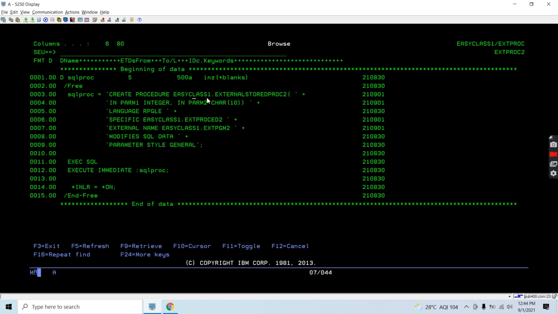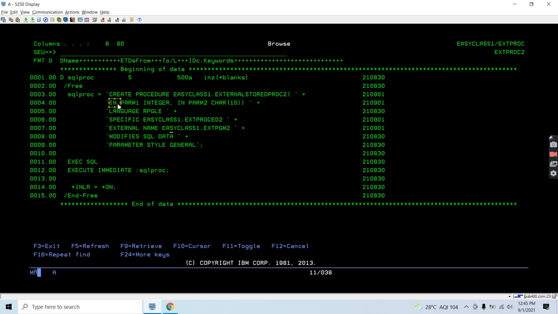Create procedure, this library dot, this is the long name of the stored procedure, and we have some input parameters. Start with the brackets and then the parameters. In param1 integer. IN is optional in both cases, or we can directly start with param1, that is the parameter name, and the type.